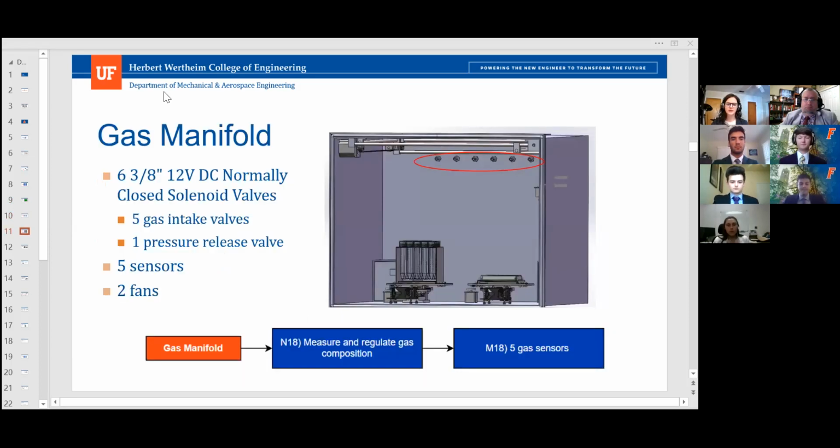The gas manifold makes use of 6 3/8-inch normally closed solenoid valves. When electricity is passed through these, the valves are open and the gases are allowed to pass through. Otherwise, the valves are closed at all points. 5 of these valves allow for the injection of gases, and the remaining 1 allows for the release of pressure